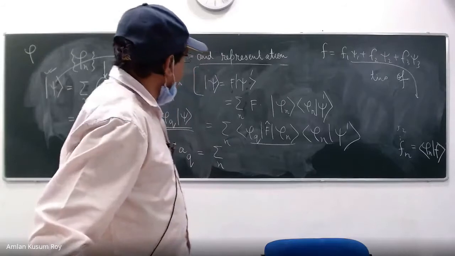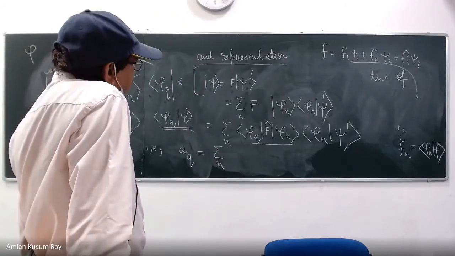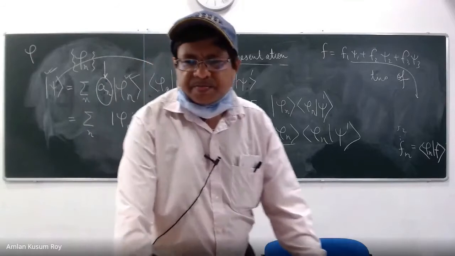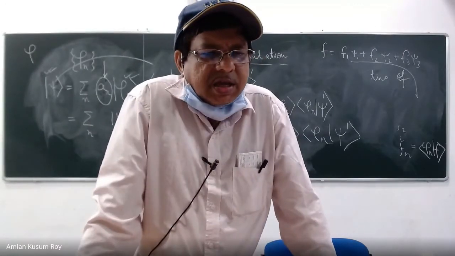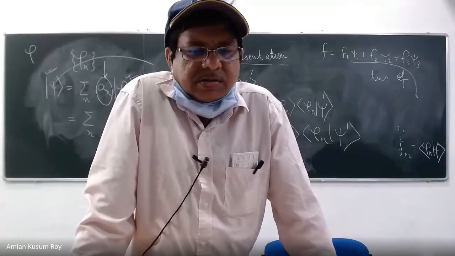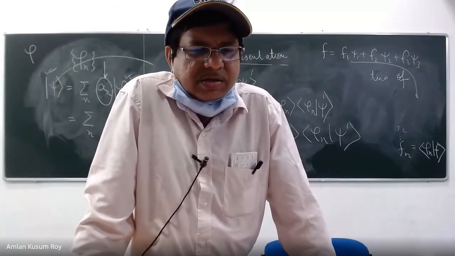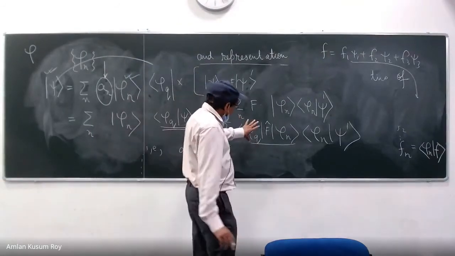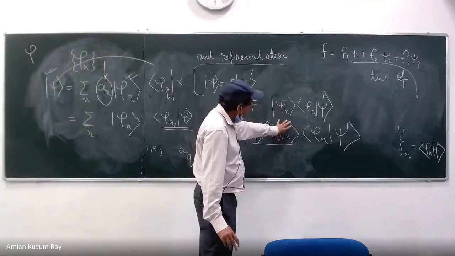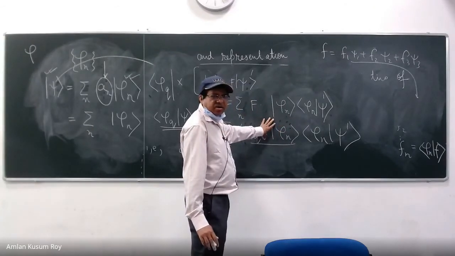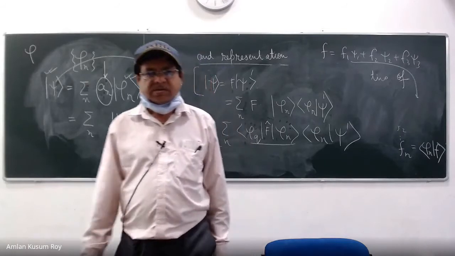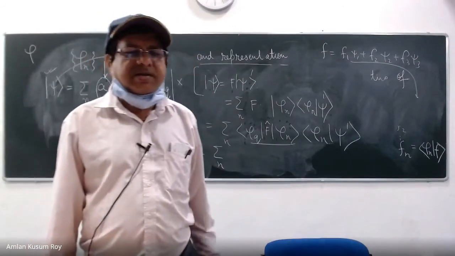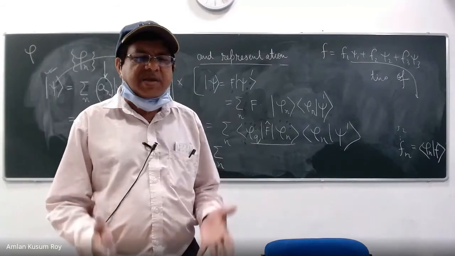What are your psi q and psi n? These are orthogonal, if n is not equal to q. What are these called, psi q and psi n? They are the bases, right? Yes, sir. So you have an eigenstate over here, another eigenstate over here, and sandwiched between them an operator. What is this called? That is the matrix representation of the operator in the basis psi n.